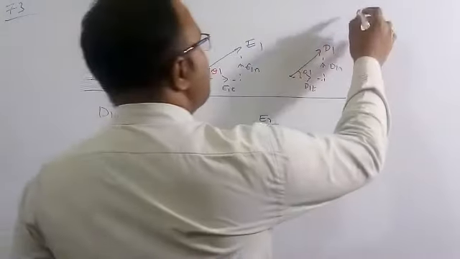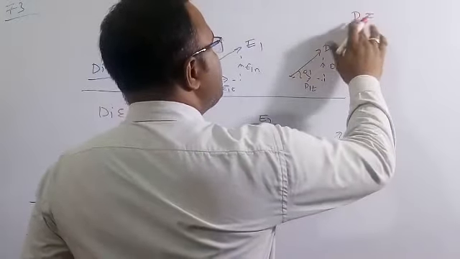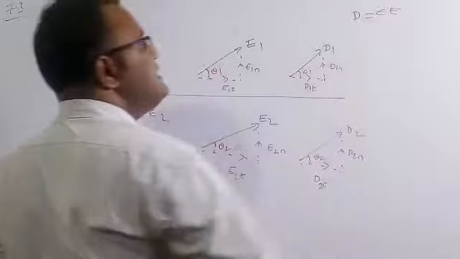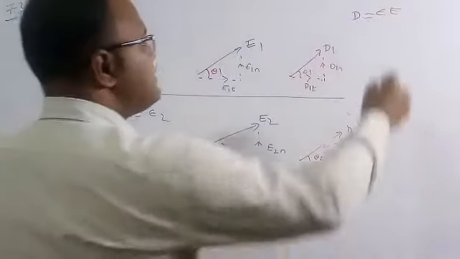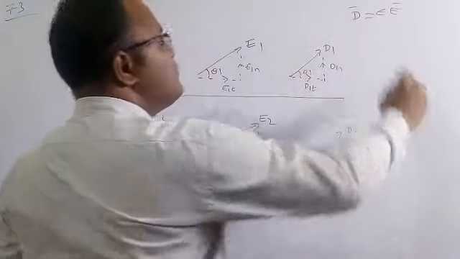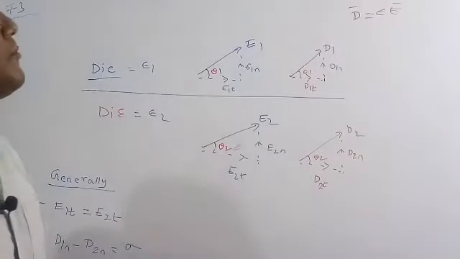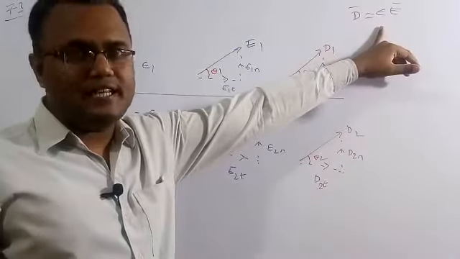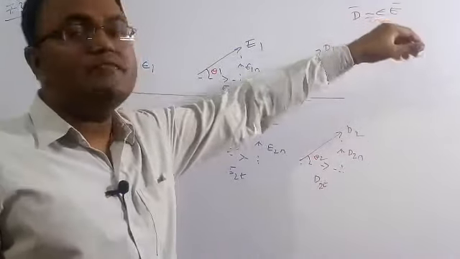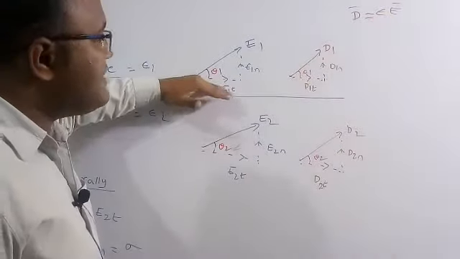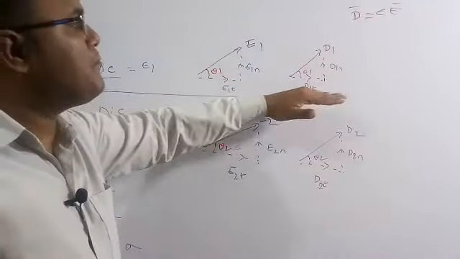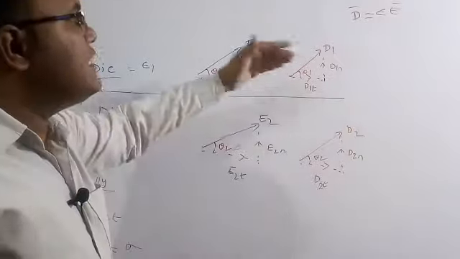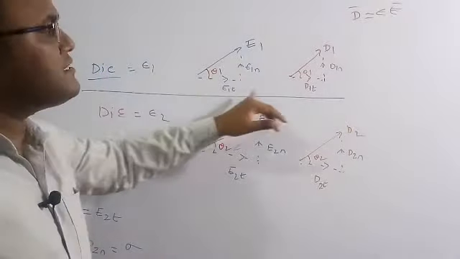The basic relation between the electric flux density and the electric field is D is equal to epsilon E. As the electric field is a vector quantity, D bar is also a vector quantity, but epsilon is a scalar number. That's why E1 and D1 are vector quantities. So if E1 is in this direction, D1 is also in the same direction, because they both are vector quantities, so always the same direction.